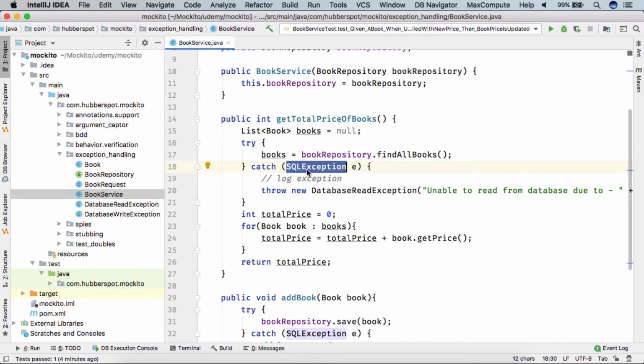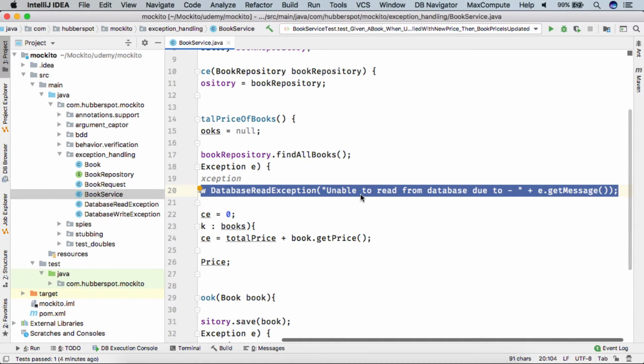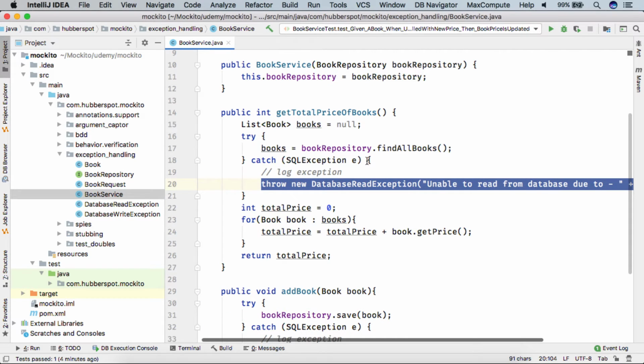As the SQL exception was thrown, the call reached here and finally it threw the database read exception saying unable to read from database due to whatever message came here.